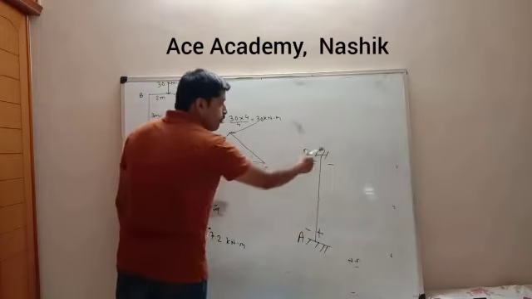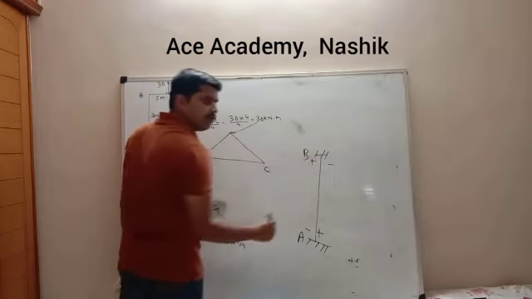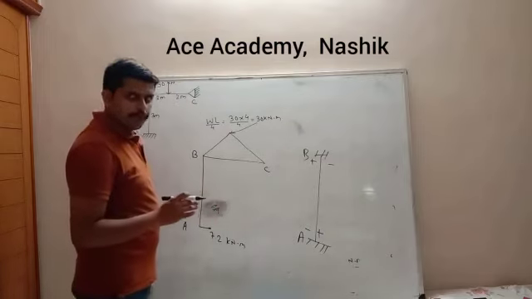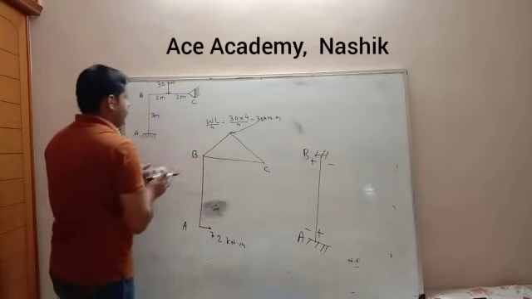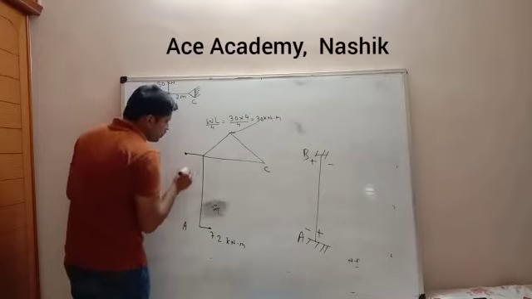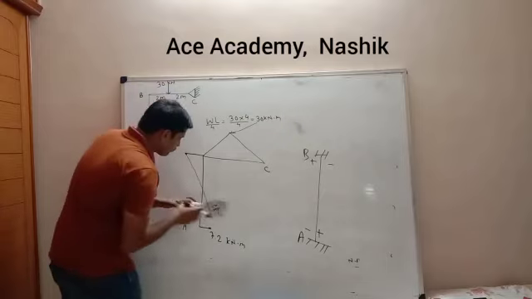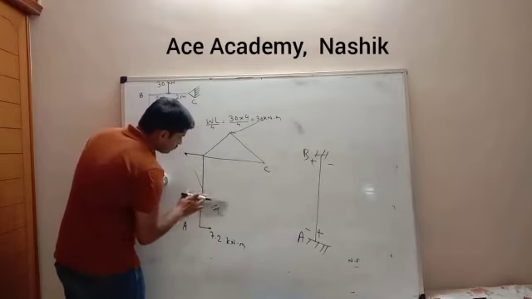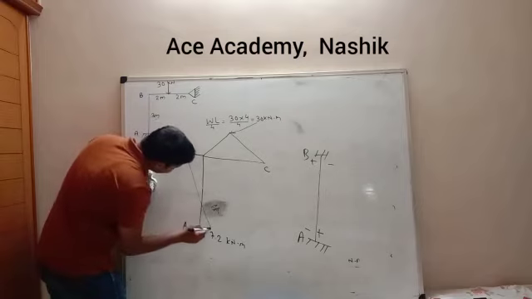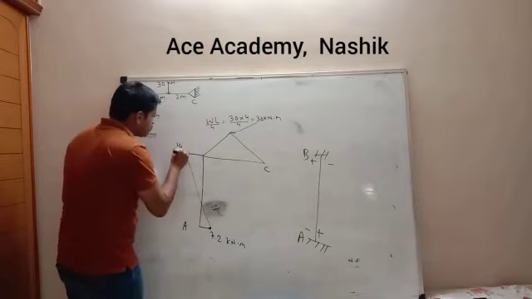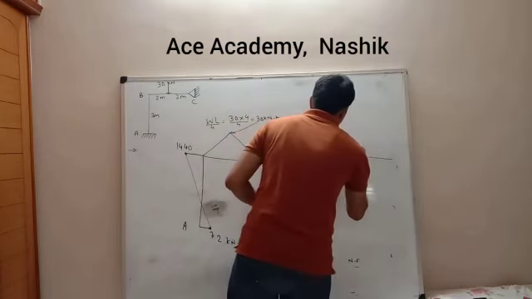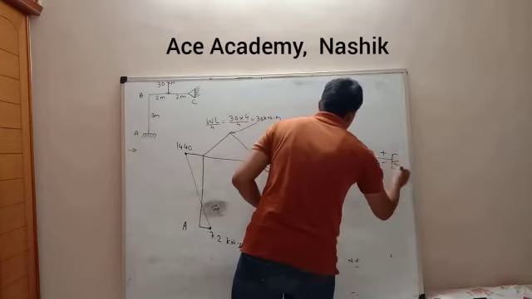MAB. Now BA, if positive on the left hand side, if negative on the right hand side. So BA is plus 14.40. So it will be on the left hand side. So left hand side will be like this. Join these 2 points. So it will be like this. This is 14.40.